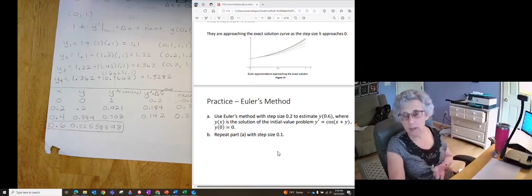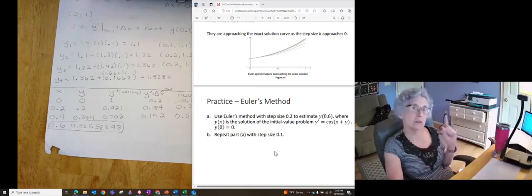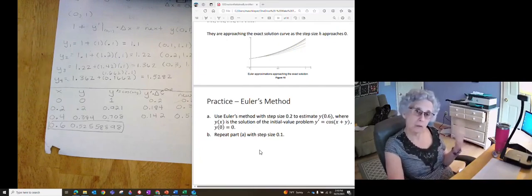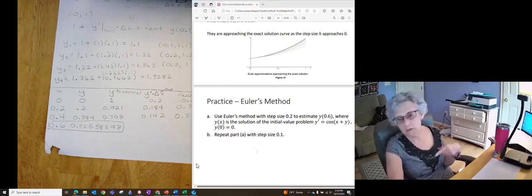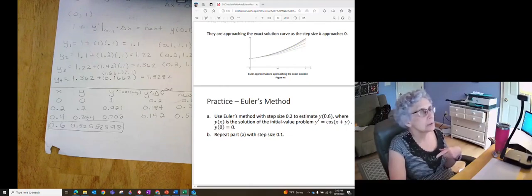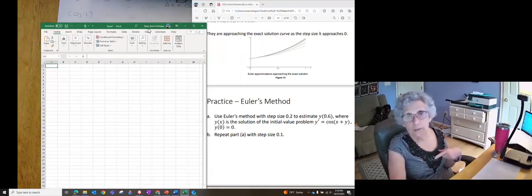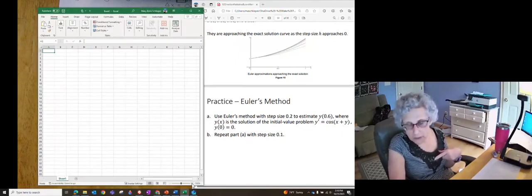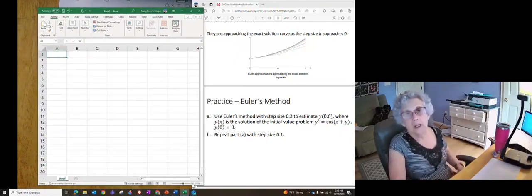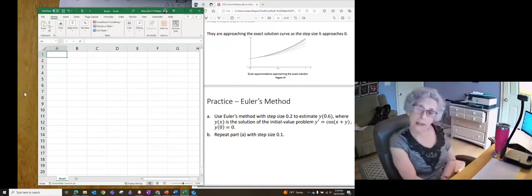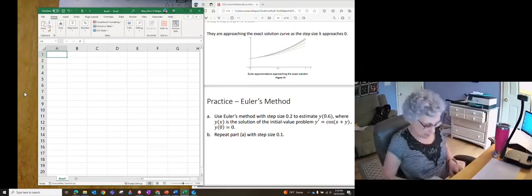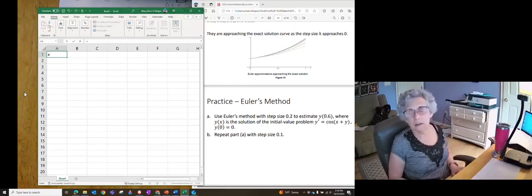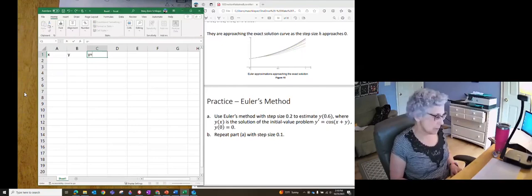Now it says to repeat part A with step size 1. So what we'll do is we'll do part A with Excel just to make sure we got it right. So I'm going to open up an Excel workbook, and then I'm going to make it bigger so we can all see it. And I'm going to make the columns just like I did on my table. I'll make one for X, one for Y, one for Y primed, which happens to be equal to the cosine of X